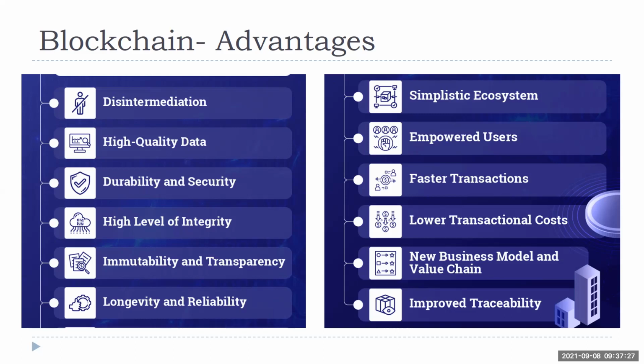High quality data, like I said, is the big application of blockchain, where we are telling that documents are authentic, tamper proof, with durability and security. Money kept in a bank is obviously still secure, but a lot of banks fail. We have seen back in 2008, 2012, financial crises happen. At least with blockchain, I'm not talking about cryptocurrency value, obviously right now there is a lot of fluctuation in cryptocurrency value, but